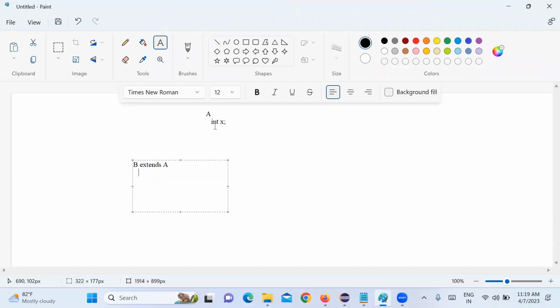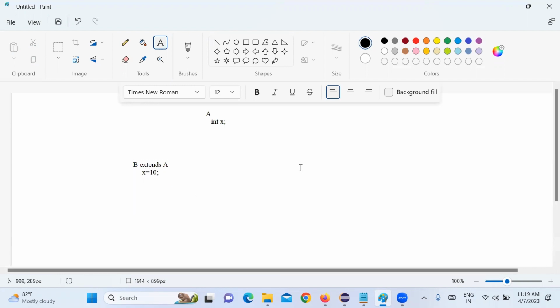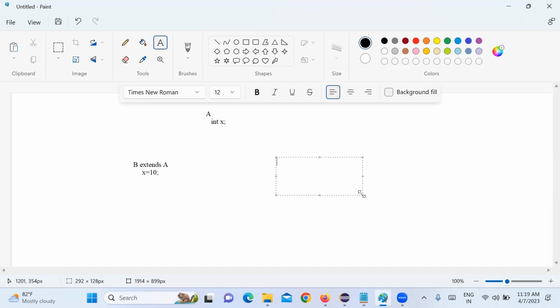Now suppose I have assigned x equal to 10 here. Now if I write class C extends A, here also x will come, right? But if I print system.out.println x, x comes, but do you think that this x value